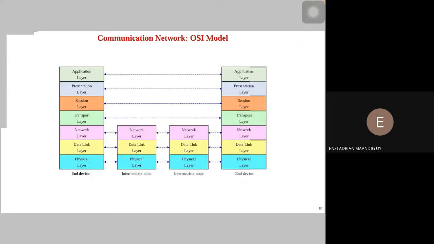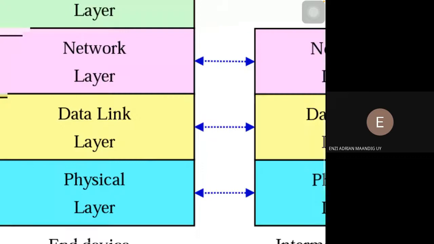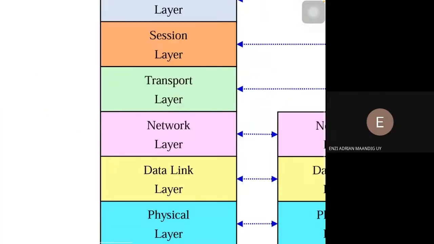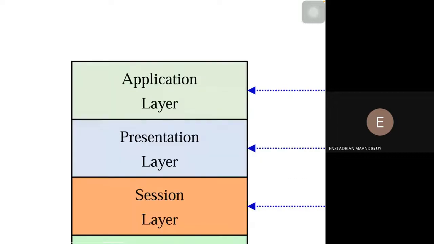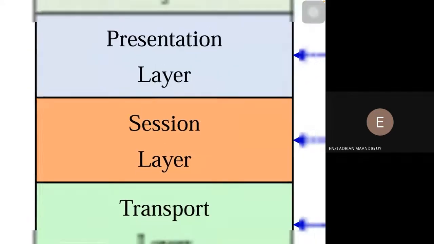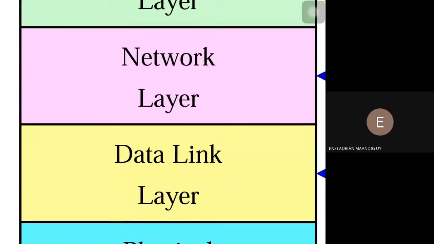So, for example, take communication between siblings, you and your sibling. The data you typed in Messenger will pass through the operating system. And then before it goes to the router, it passes through a device that we call the